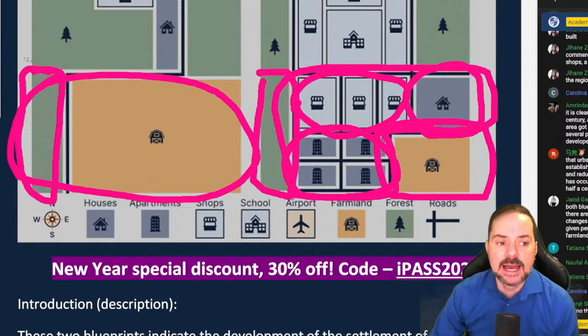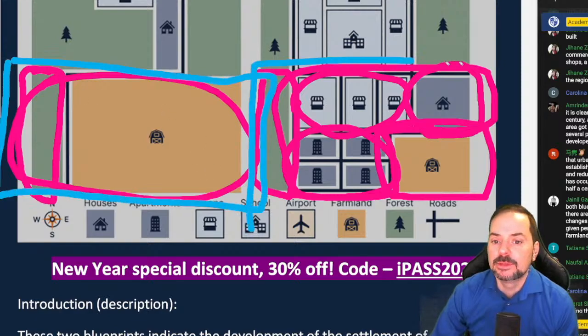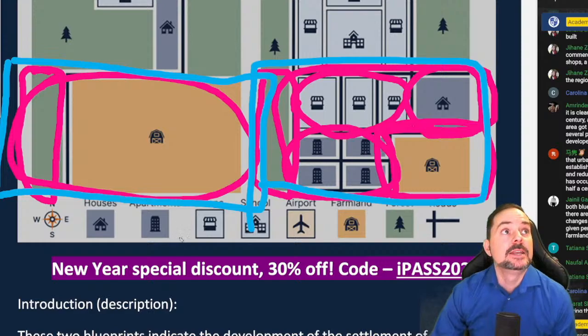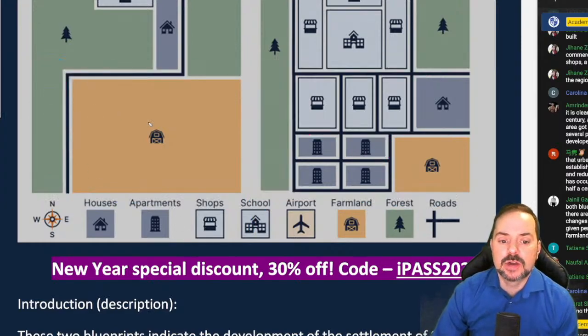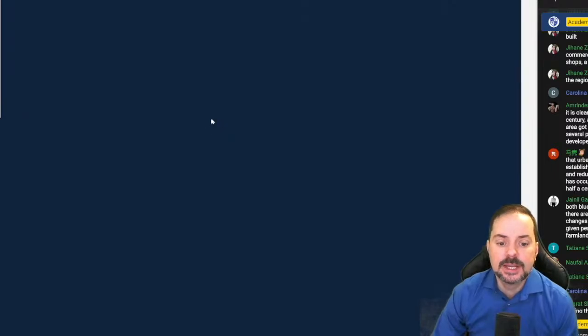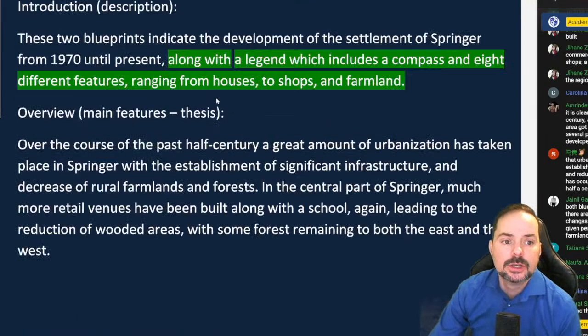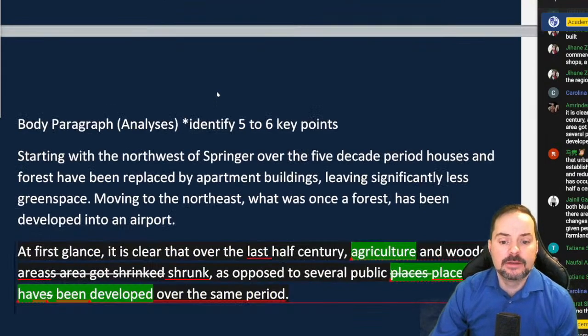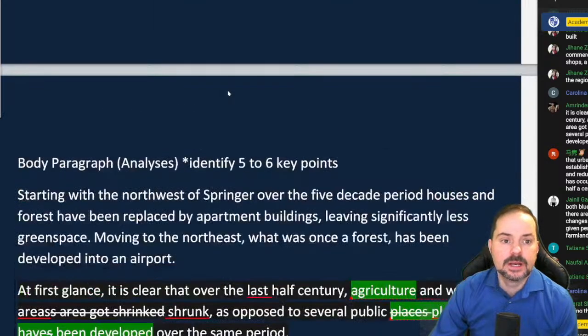Okay? So that all together is, of course, the southern part of Springer and the development that has taken part in the south. Okay? So let's now describe that. Okay? All right. And again, always focus your attention mostly on the main features because